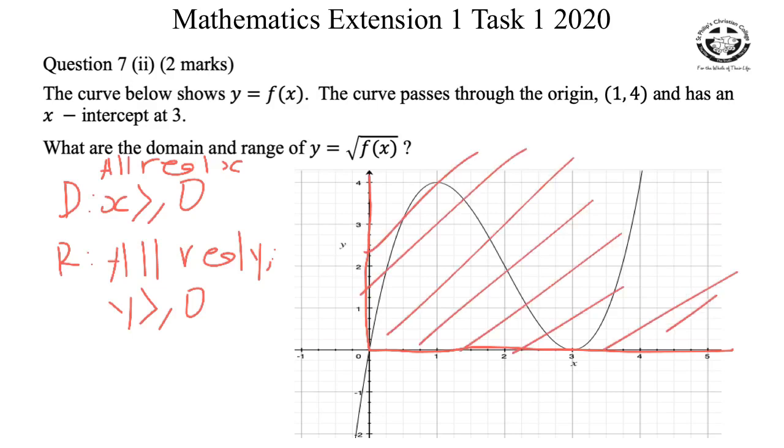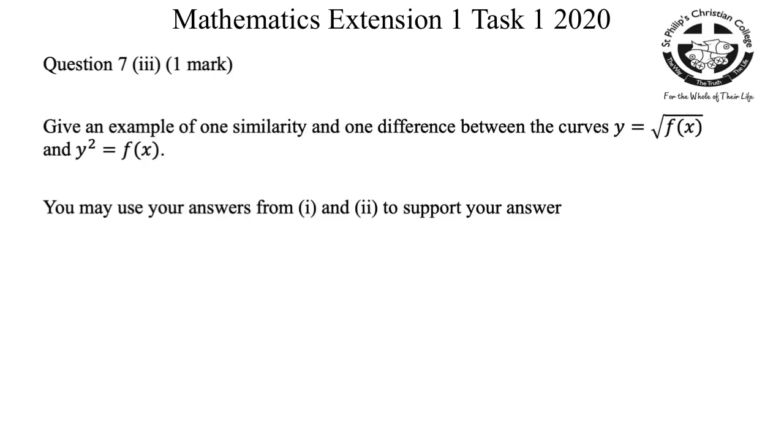Our root function curve from the previous slide. So therefore, it's where x is positive and where y is positive. But also, we do hit the x-axis a couple of times and the y-axis once. So we do need to acknowledge that it's not just greater than 0 for both, but it's greater than or equal to 0. Last thing you needed to do here was acknowledge one similarity and one difference between the curves